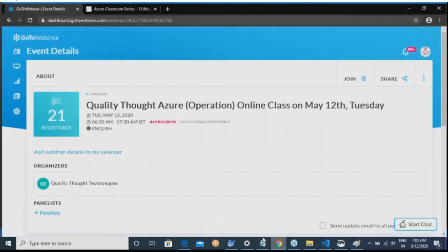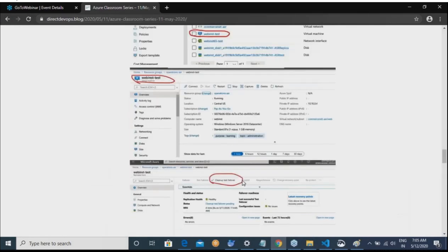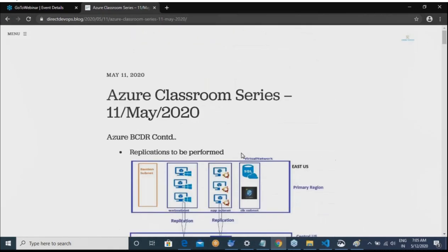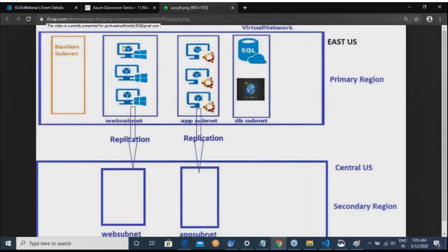Now, let us go back to our classes image which I've used. For these VMs, can I have backup now?